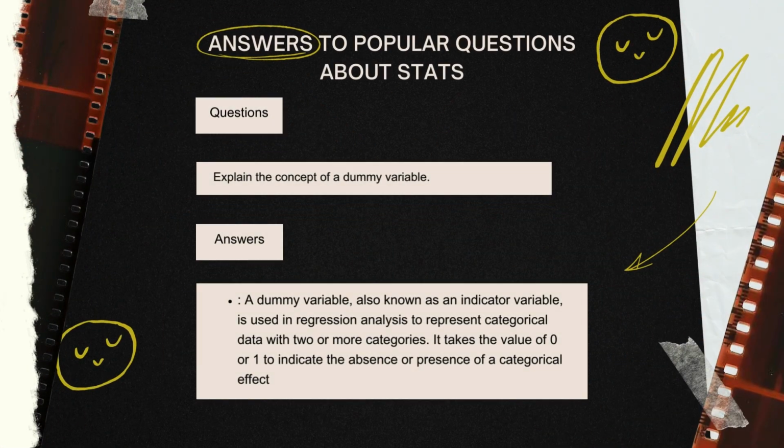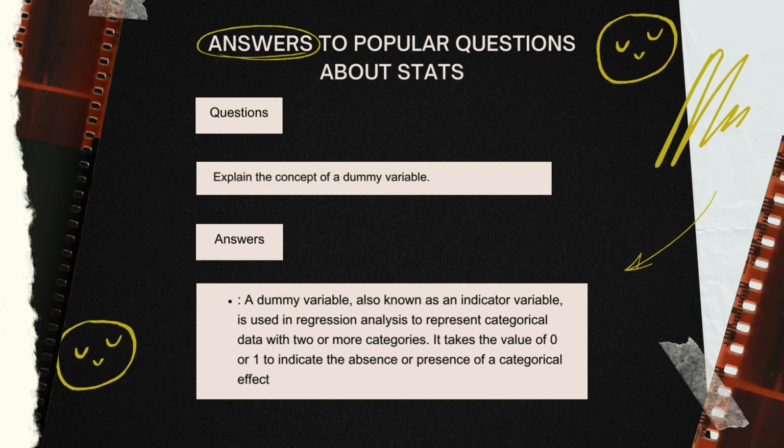Question: Explain the concept of a dummy variable. Answer: A dummy variable, also known as an indicator variable, is used in regression analysis to represent categorical data with two or more categories. It takes the value of 0 or 1 to indicate the absence or presence of a